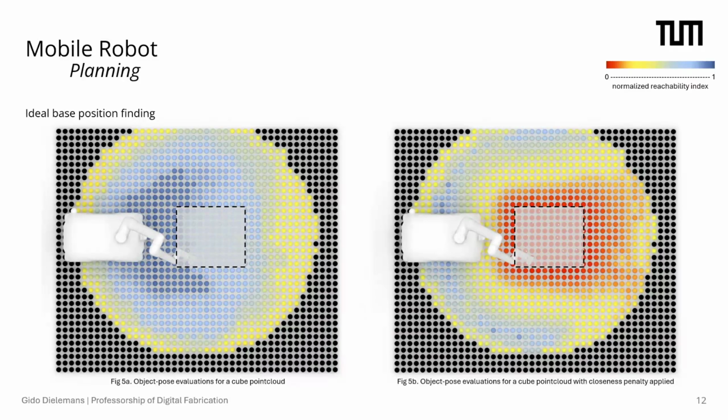Now on the left side, you see that there is no differentiation in the reach when the robot would actually stand inside of the object. So this is of course something we have to correct for. It doesn't account for collisions. So we apply a closeness penalty, so literally a penalty for distance. And with that, you can see that the field shifts, and the blue points here are the best points. And you see that where the robot is standing now intentionally is the optimal position